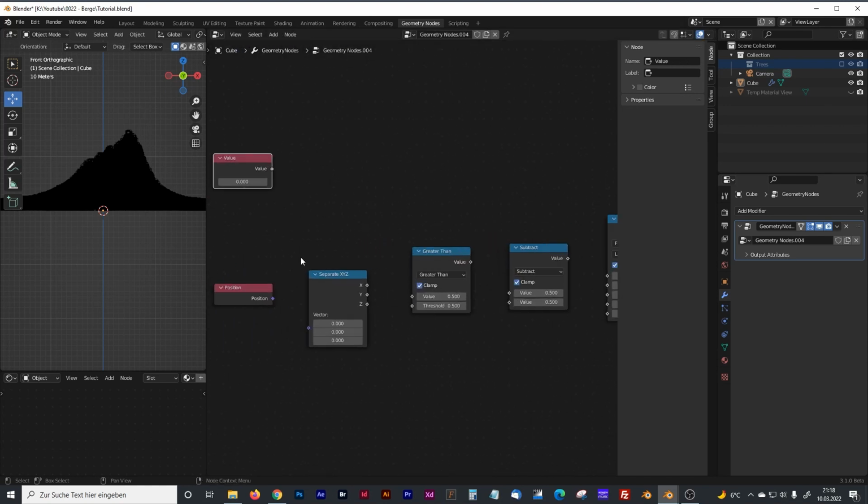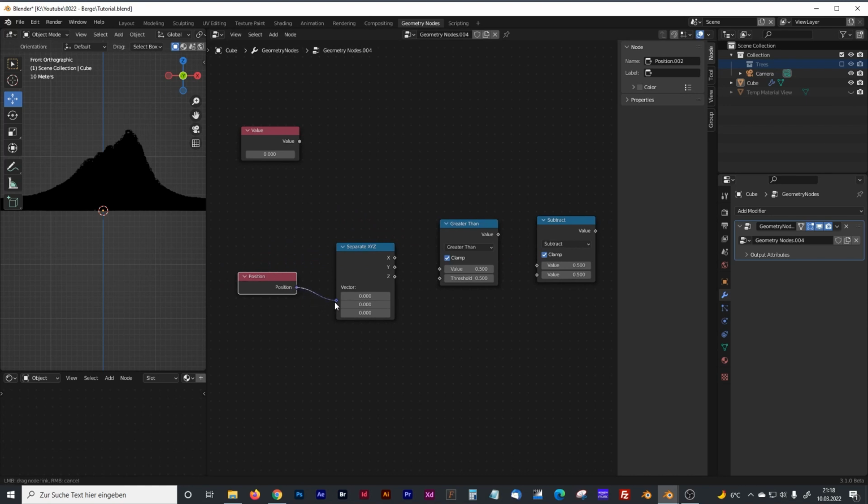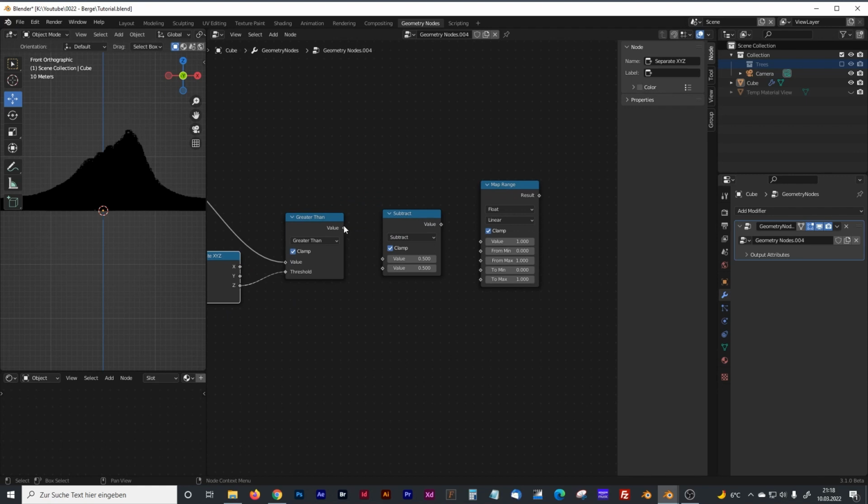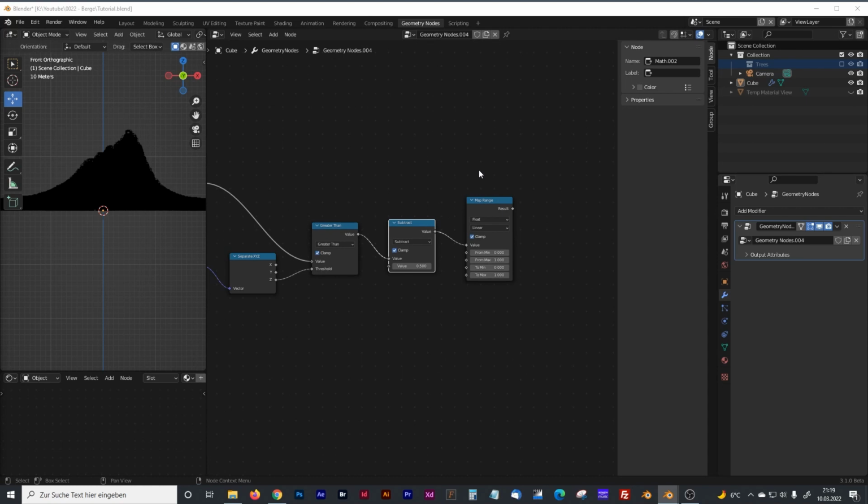So now plug in the position node, because we need the position of each vertex of each instance of our tree instances, and we plug in the value node, our area of our plane that we can see, into the math node and the Z channel, because we only want the information from the Z position of our plane, and we will plug that into the upper value, and the subtract node we will plug into the value, and now everything goes into the,